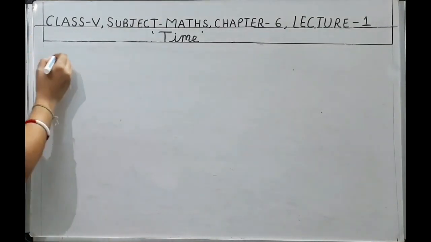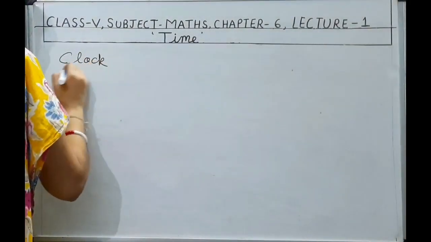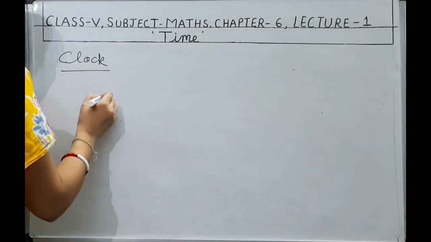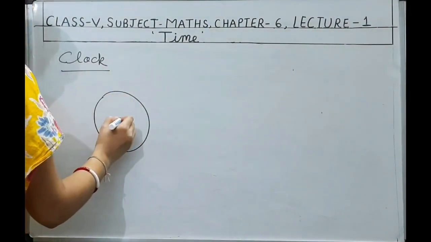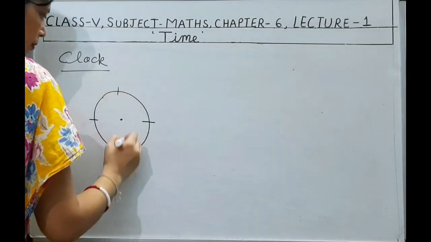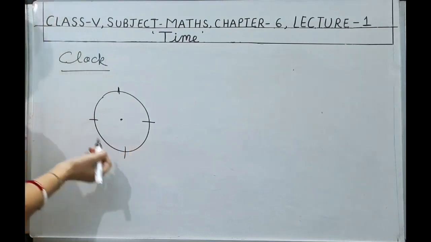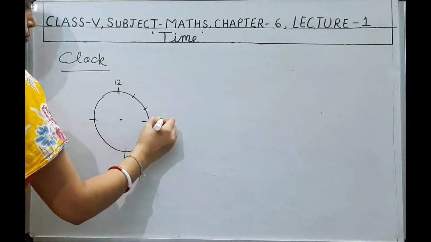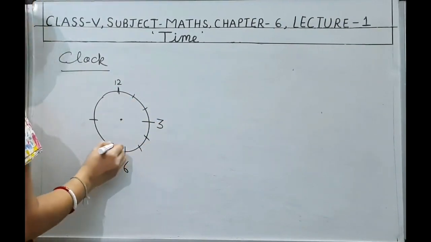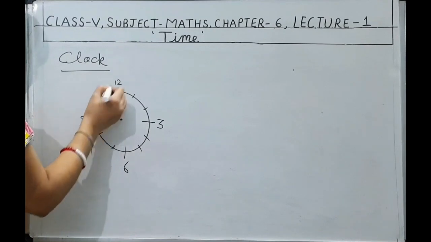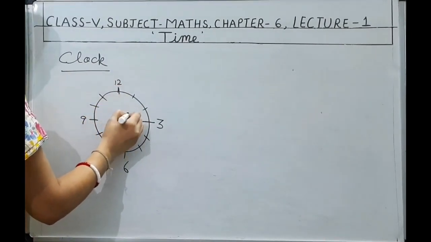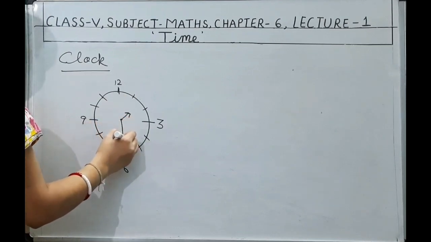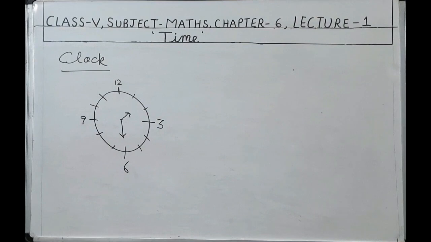Now you all know how to draw the clock and how to read the time. You have done in your previous classes. Okay. I will tell you one time again. 12-hour clock time, 12, then 1, 2, 3, 4, 5, 6, 7, 8, 9, 10, 11, 12. The hand which is smaller is hour hand, the bigger one is minute hand. And you have done in previous classes how to draw the hands of the clock, how to read the time on the clock.